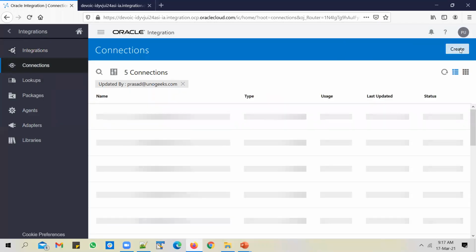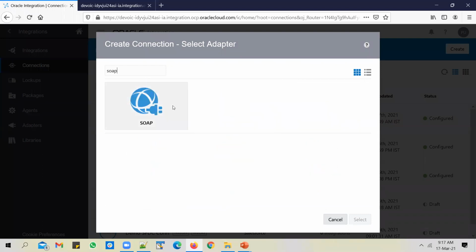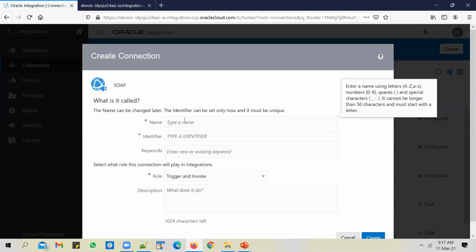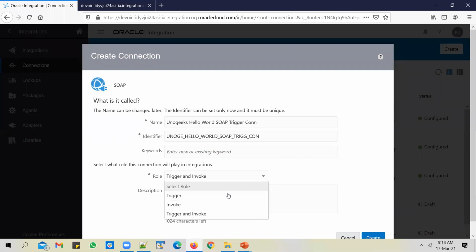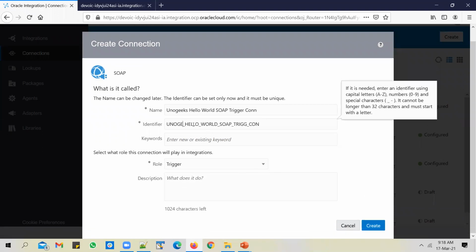Go to the Connections tab, create a trigger connection, and search for a SOAP adapter because I want to create a SOAP service. Name it UnoGeeks Hello World SOAP trigger connection, select the role as trigger and click on create.